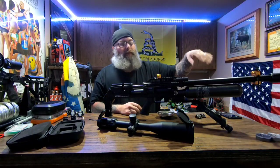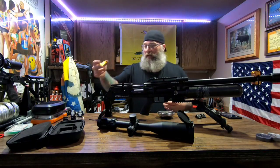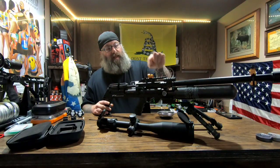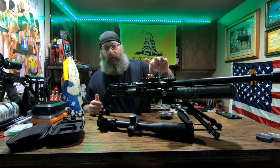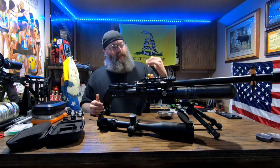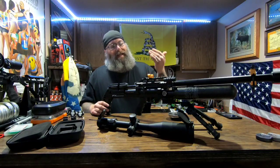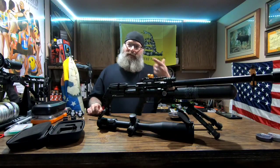And I will be doing a review of this leveling system. If you guys aren't familiar with this, the idea behind this is that when we take this level and set it onto our Picatinny rail, we are to level the gun so that that bubble is directly in between those two lines, right? You could probably even go further as far as micro tuning, but for the distances that I shoot, maybe up to 200 yards,